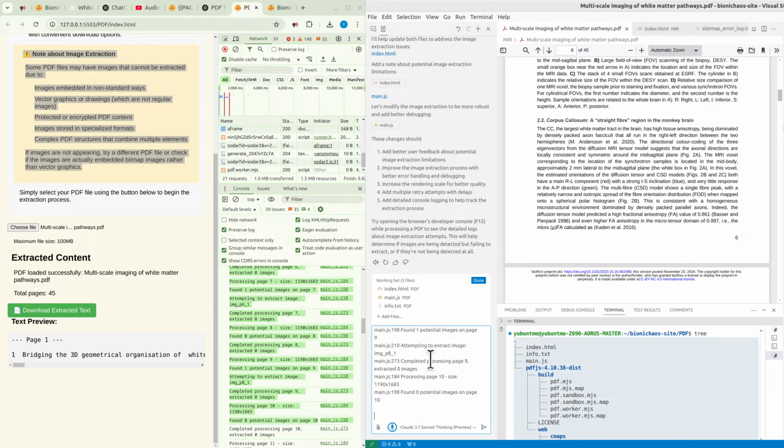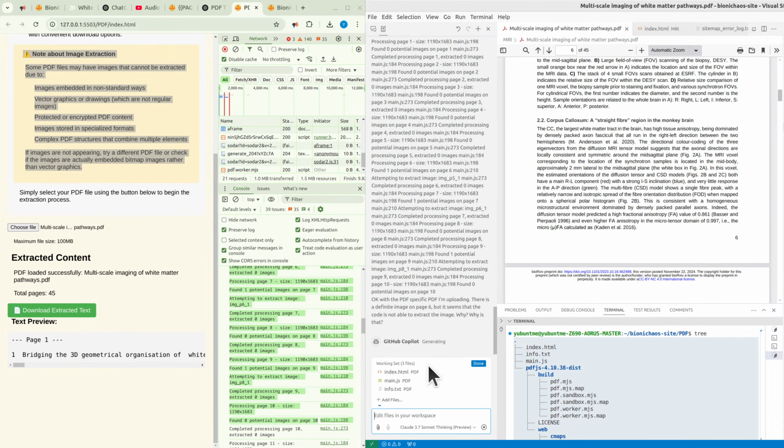Okay, with the specific PDF I'm uploading, there is a definite image on page 6, but it seems that the code is not able to extract the image. Why is that? Well, kind of have the description as to why is that over there, but